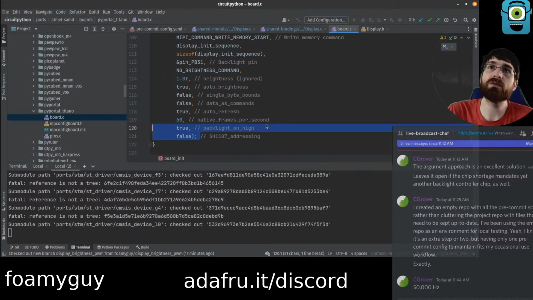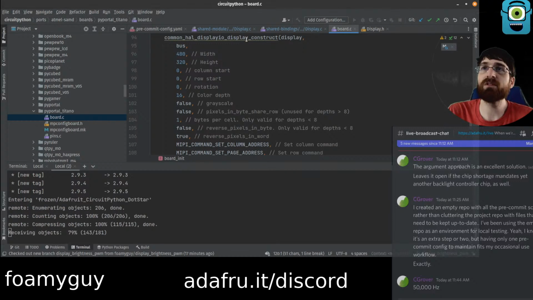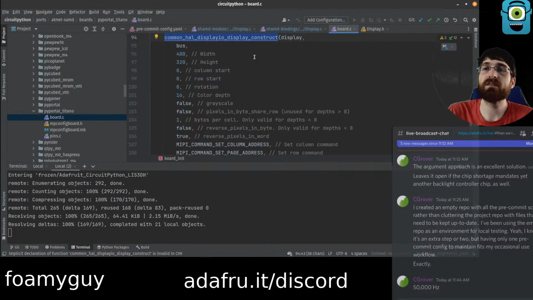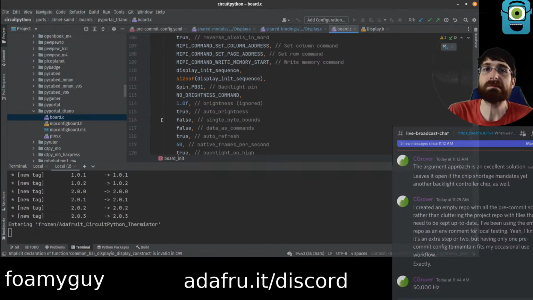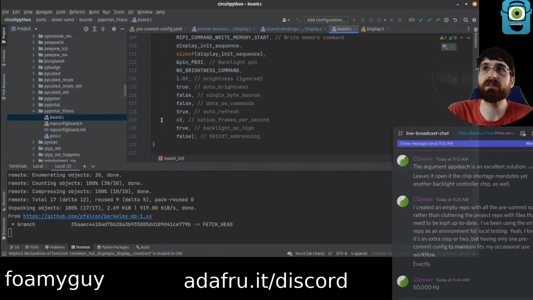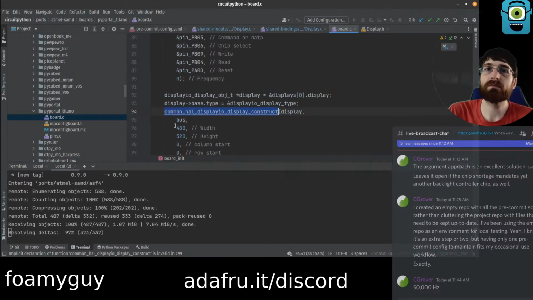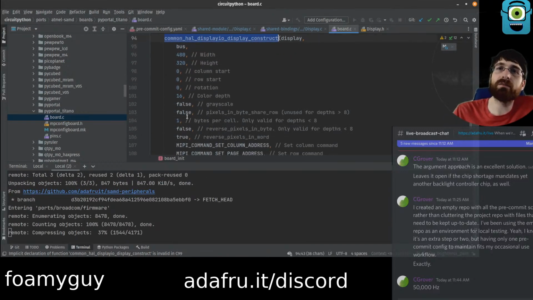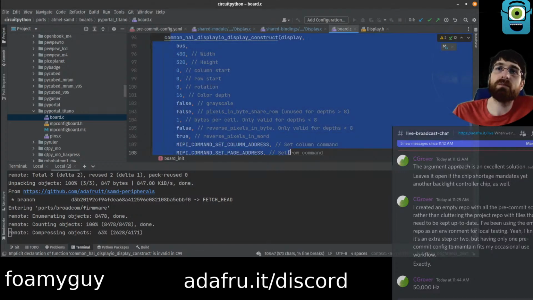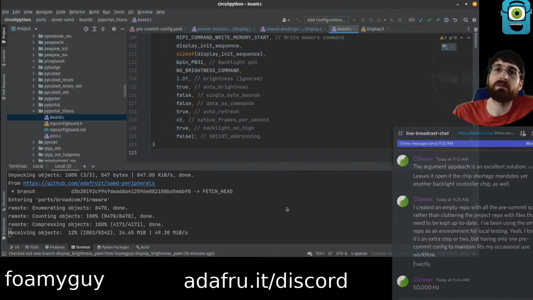Does this know to do the defaults? Oh, this looks like a comprehensive list, doesn't it? I wonder if we would have to then fill in the default on every board. I guess there's not that many boards with built-in display. We'll find out, see how it works. But yeah, maybe when it calls this, it's gonna crash because it doesn't have enough arguments. Hopefully that's not gonna brick it. I mean, I'm sure we could get it back with UF2, but